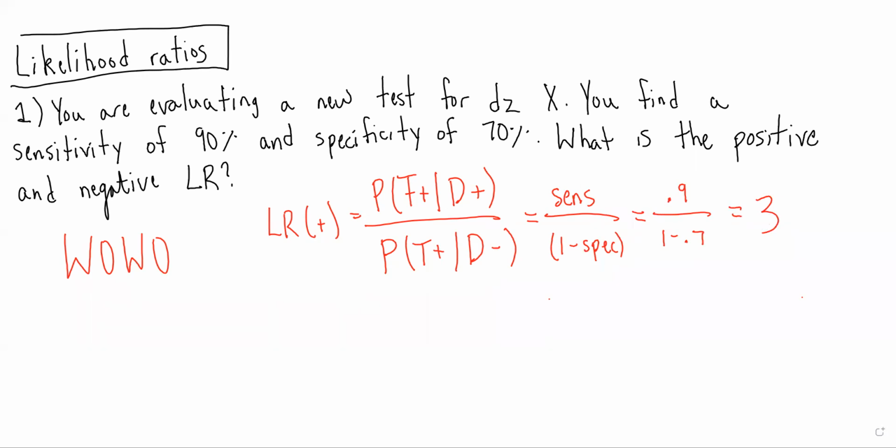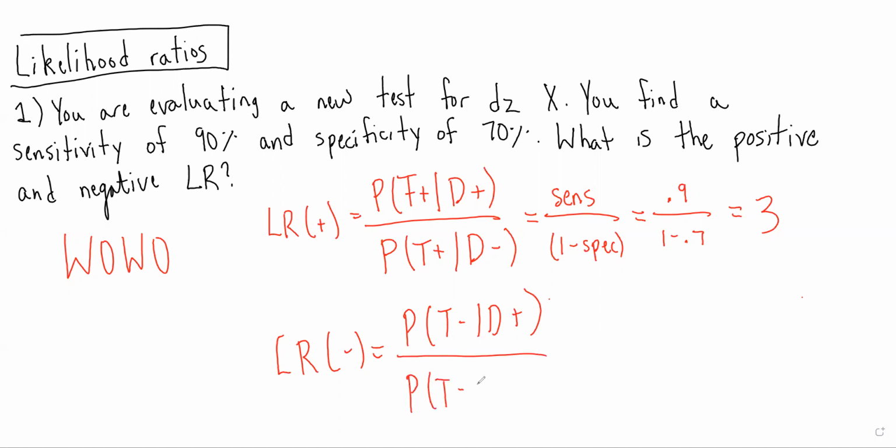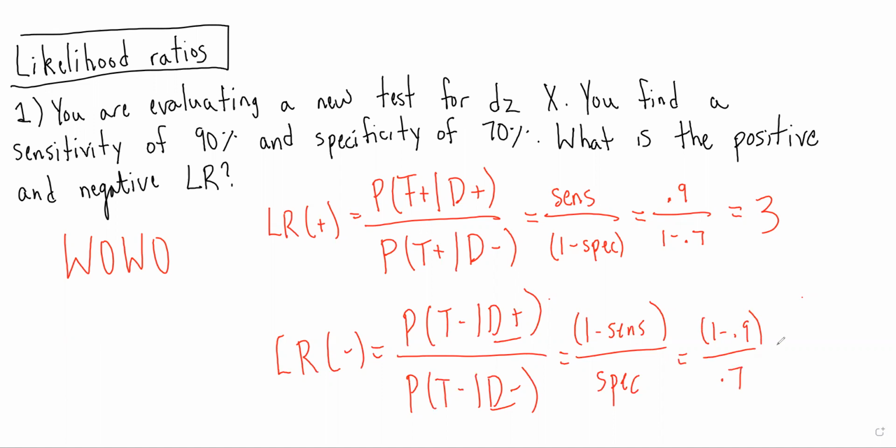For LR negative, we remember that corresponds to the probability of getting a negative test result among someone with the disease with over the probability of getting a negative test result among someone without the disease, with over without. And we remember this corresponds to 1 minus sensitivity over specificity. And therefore we would get 1 minus 0.9 over 0.7, which estimates